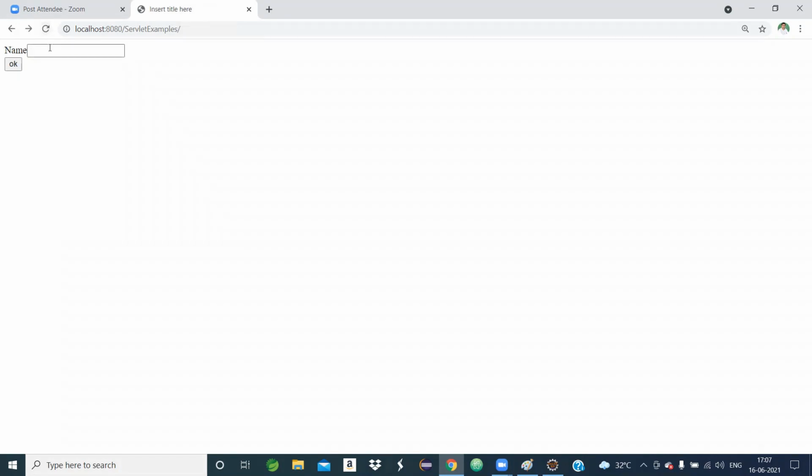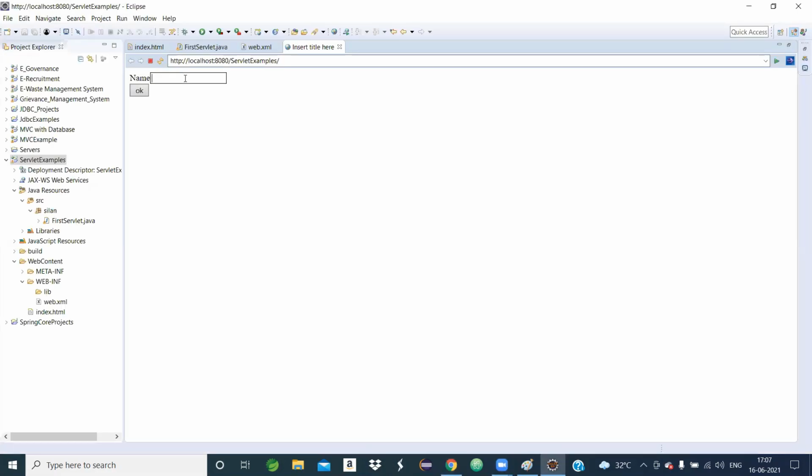Once you refresh, again suppose you give any name, suppose Onoff. Now I click on the OK button: Hi Onoff. So this is your first servlet application. Here you can also give Octave, there is no problem. Now I click on OK: Hi Octave.